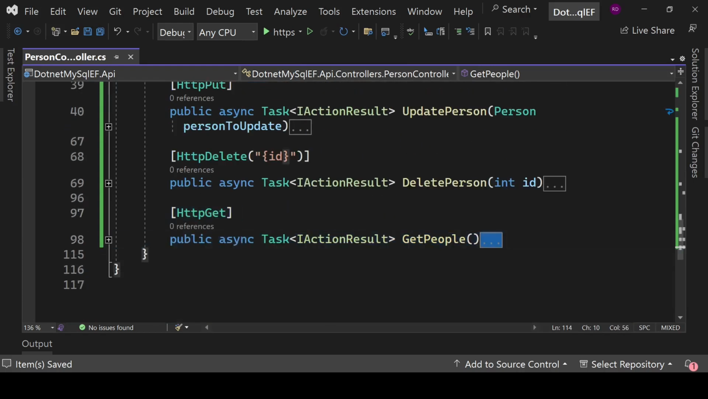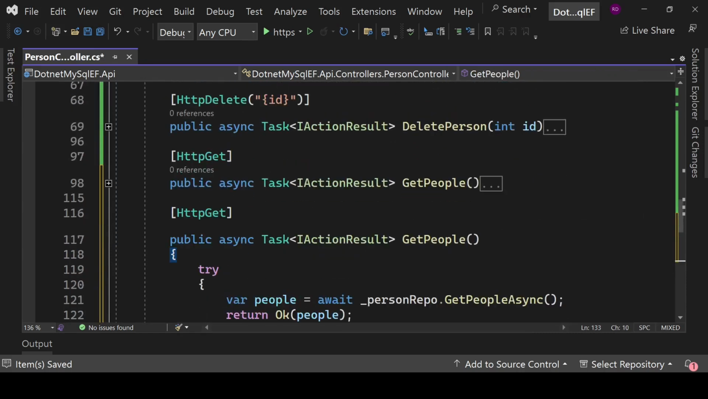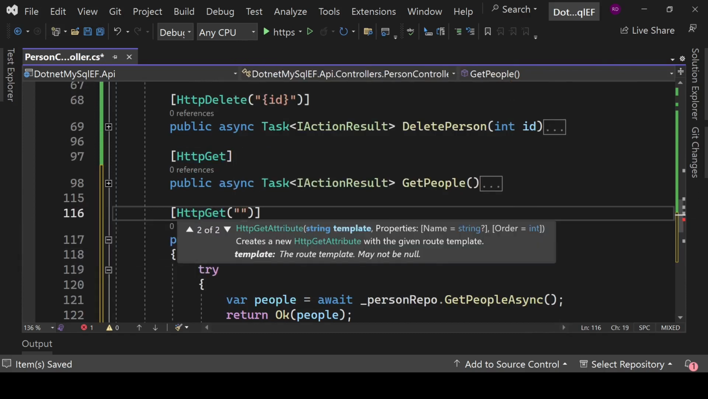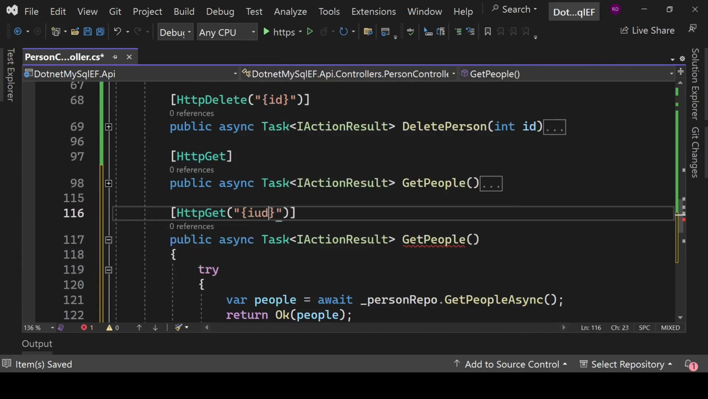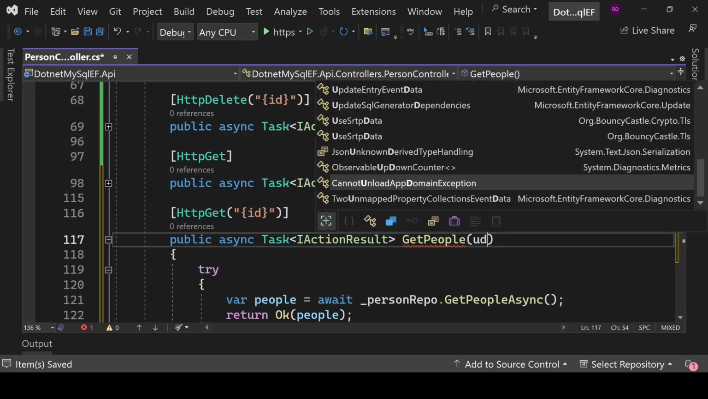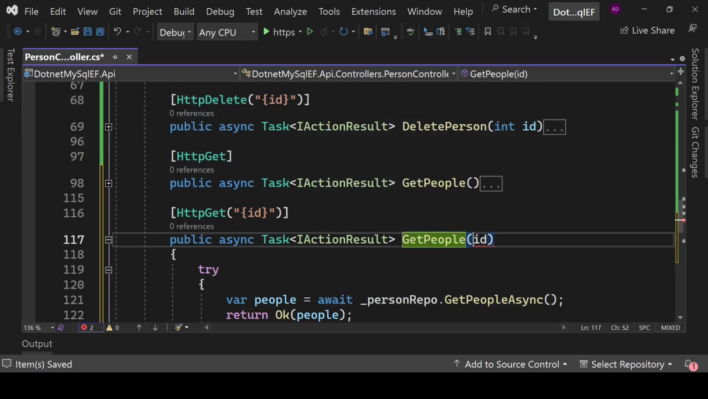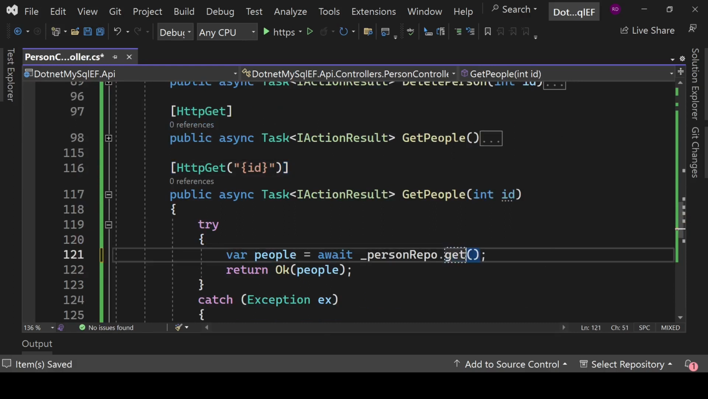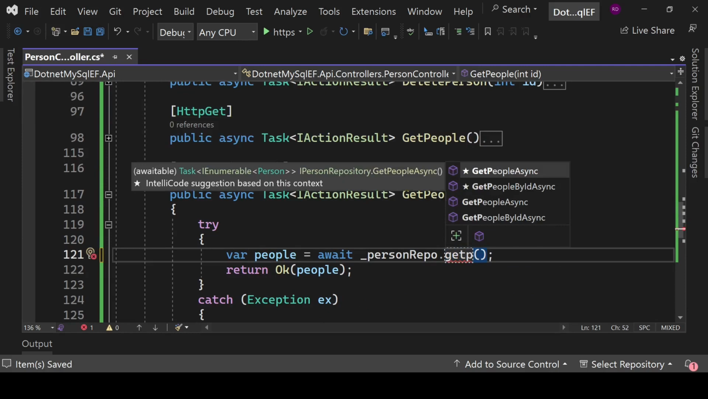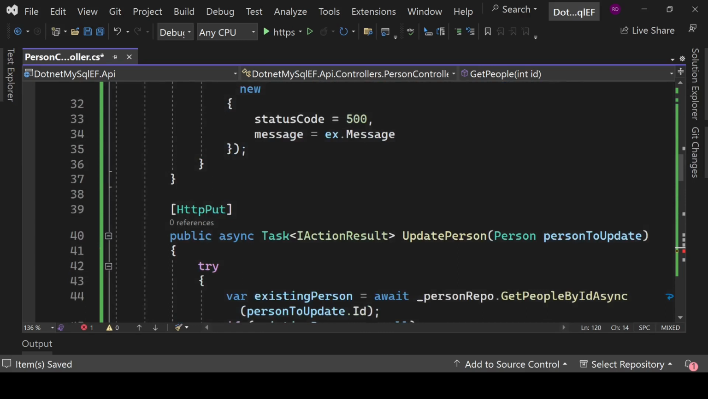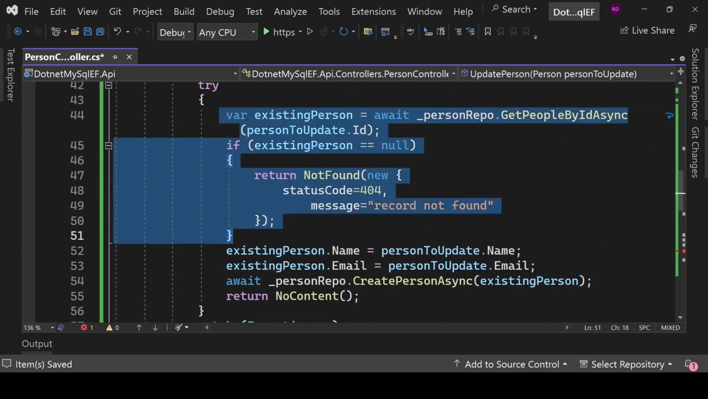So it will return a 200 OK status code. Okay, we need one last method, so it will be http get, and here we will just pass id, and we will pass that id here also. Okay, and it will be an int. That's good. Now get people, and okay, we are just going to copy some code. Okay, we are just going to copy this guy,